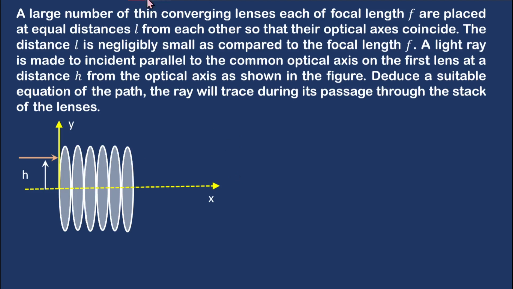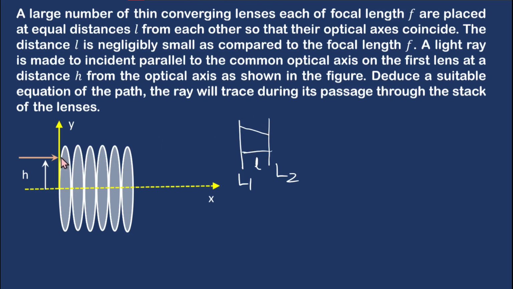So if you see it, you can very well argue that since there are lenses that are kept at a distance l from each other, let's say this line here is lens 1, and after another distance small l, there is another lens, let's call that lens L2. Since the light ray is passing through all of them successively, the path of the light will be linear between these two lenses, but the distance between these two lenses is very small and can be neglected, so that we can determine the smooth path of this light ray, right?